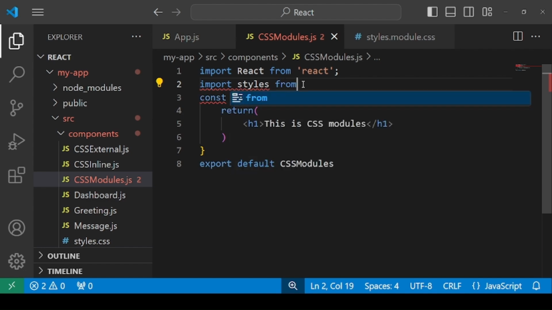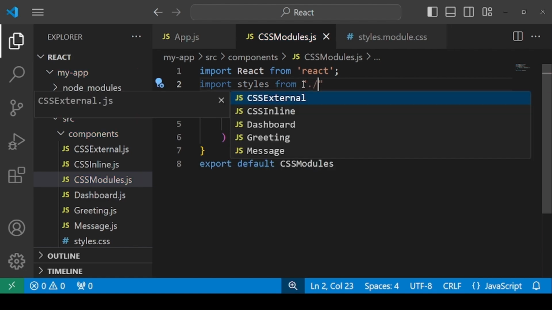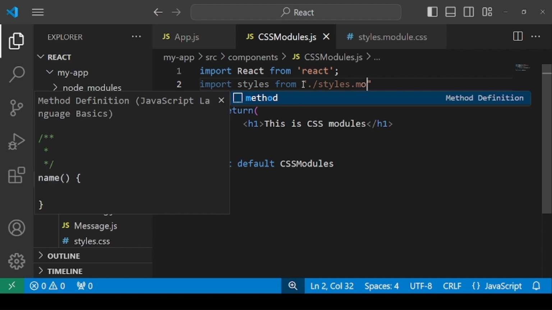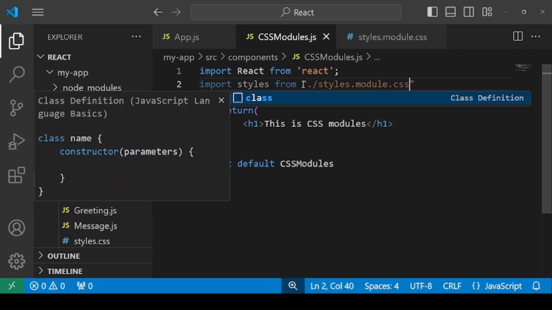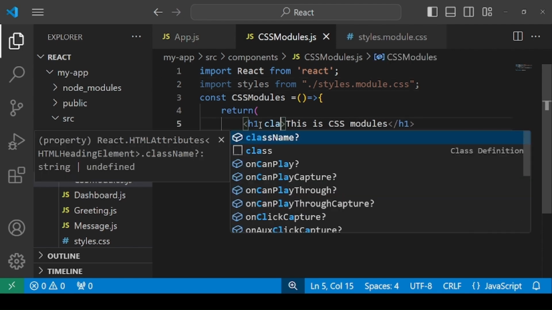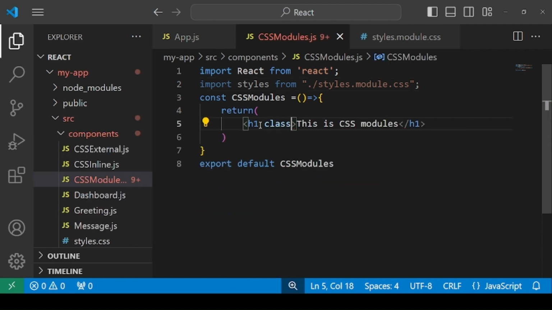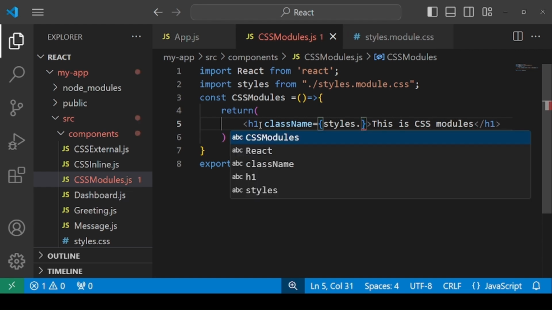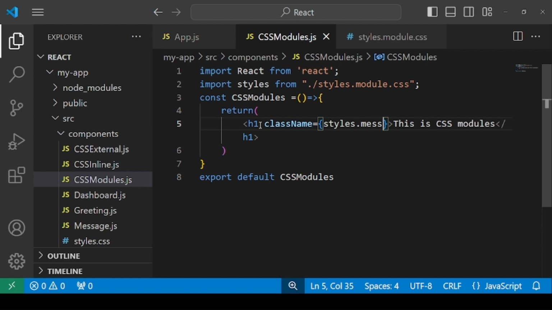Import styles from ./styles.module.css. In order to apply this to your heading, you will be required to use className. className equals to, use your styles object dot and then the property that you want to apply, that is message. So message is the class that you want to apply.